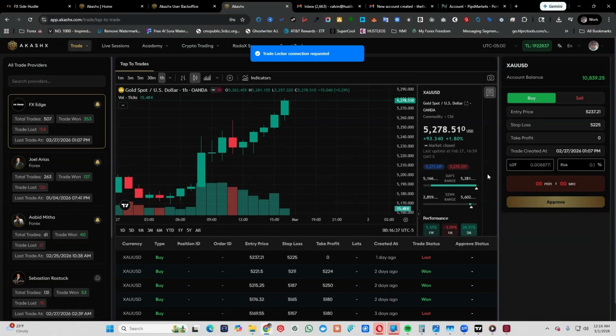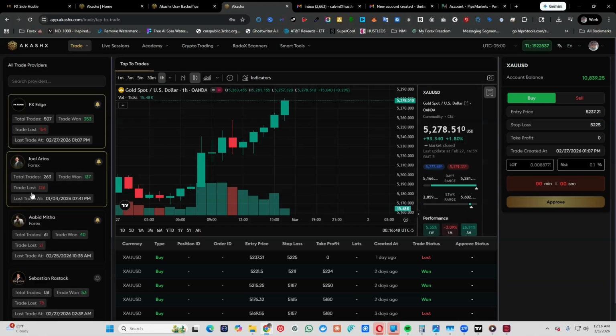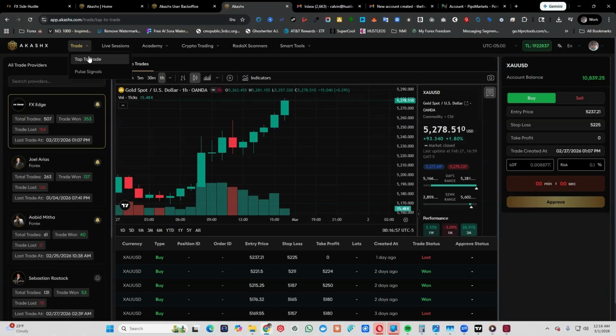So that's how you connect the tap to trade. So once you connect it here, you don't have to connect it on your phone. It'll automatically be connected on your phone. So once you have everything connected, the main ones that I like to get alerts from are, so we'll go to tap to trade,